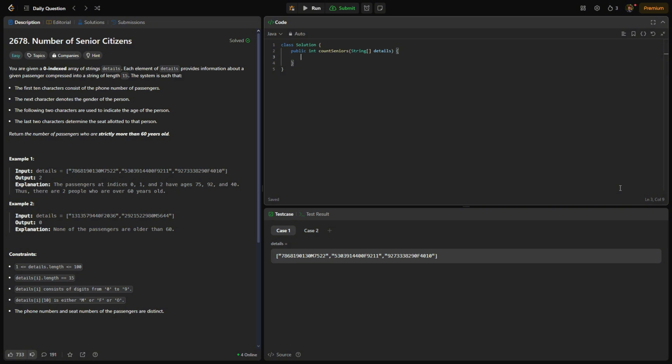And we simply want to return the number of passengers who are strictly greater than 60 years old. So all we have to do is count how many people are above the age 60 from the characters 11 to 12. So we're going to have our integer count, and we can initialize that to 0, and then we could go through each string in our details. So we'll have a string we could call str, and for each string in details, we will look at the